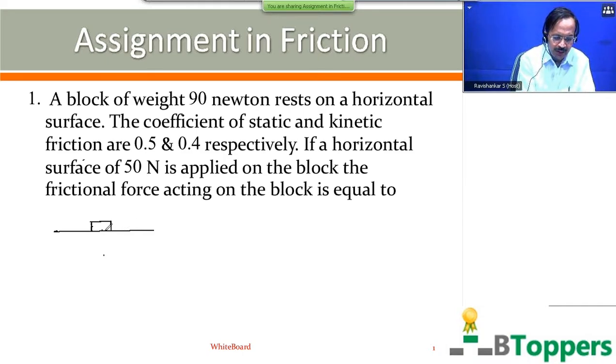Let us consider the forces acting on the block. The first external force which acts on the block is its own weight mg, which is the gravitational force on the block by the earth. Then the normal reaction force on the block by the surface of the floor acts vertically, perpendicular to the surface of the floor, in contact and directed away from the horizontal surface.